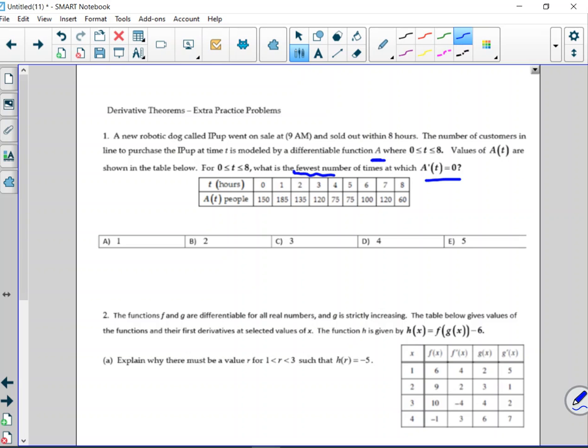And the name of our function is a. So basically, if I want to think about this as how mean value theorem will help me solve this problem,